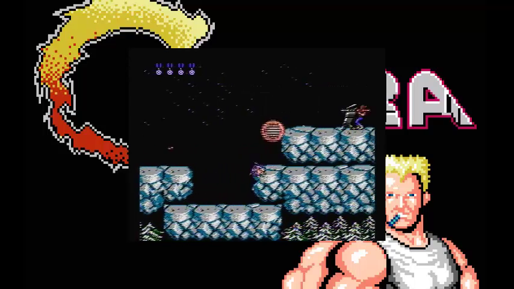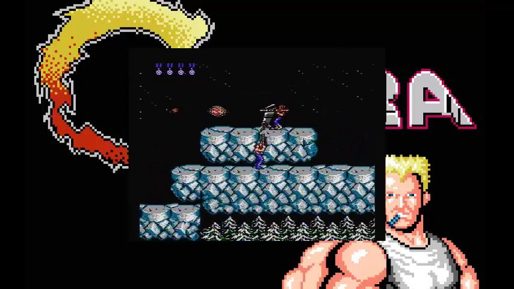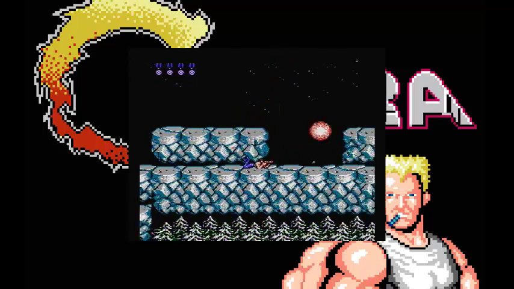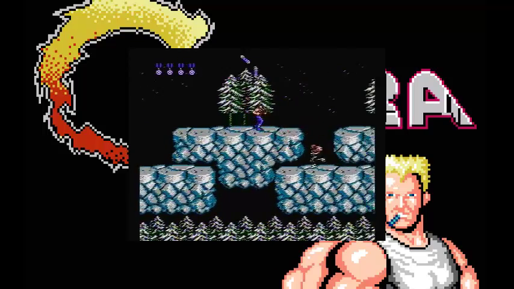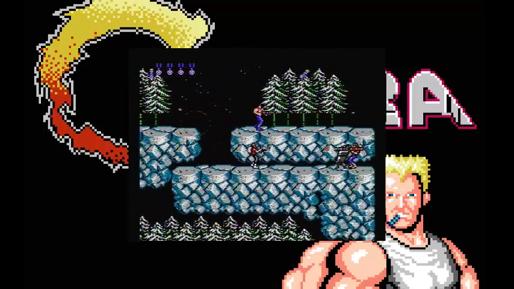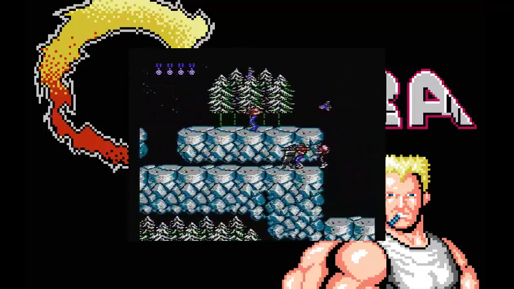Also making it hard is the life restriction, but you can get past that. It's about the only way to beat it. I can't remember what the boss is in this level. I think it's like a ship that shoots stuff down. It's kind of a